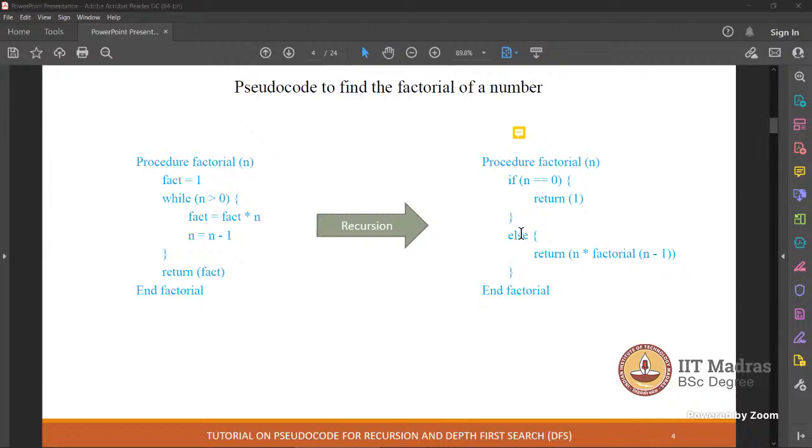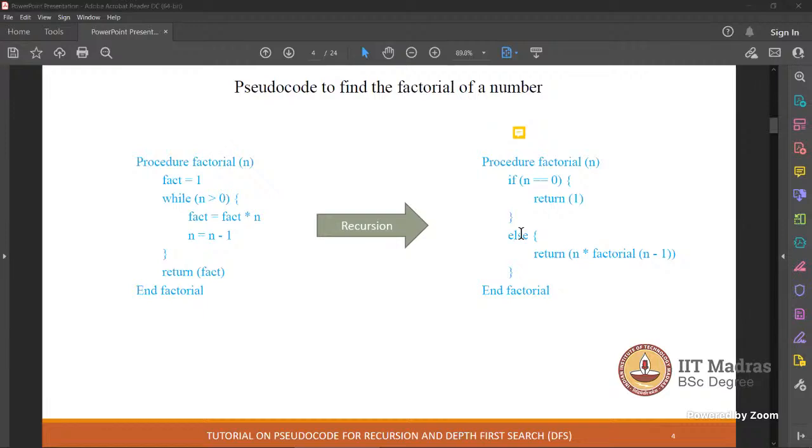There is something called a context switch. You might have heard the term. It happens a lot in operating systems, and because of that it slows down whatever we are doing. So many times we avoid recursion just for that reason. But in some cases it's very natural that recursion is implemented as the solution. So it's a call taken by the programmer whether to go with what's natural or go with efficiency.